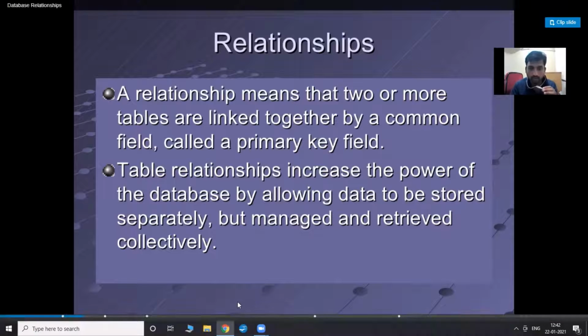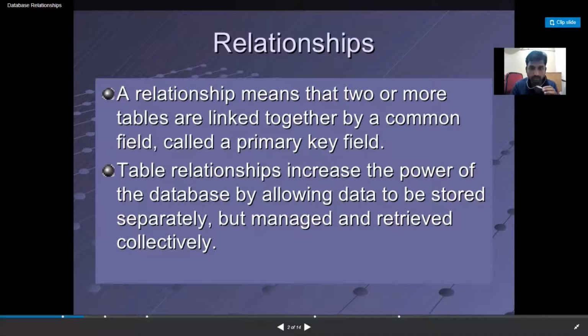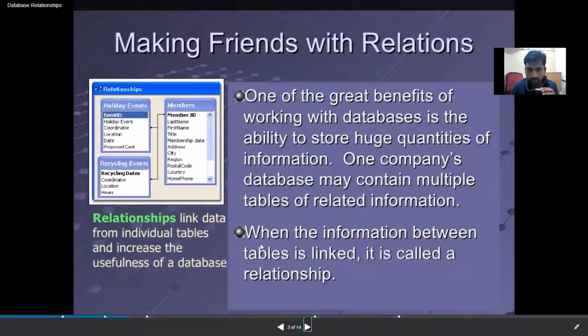Okay. So here, next one, making friends with relations. One of the greatest means is nothing but how to create a relationship. Relationships link data from individual tables and increase the usefulness of the database. See, we are storing the data in individual tables, and we are linking them to increase the usefulness of the database.